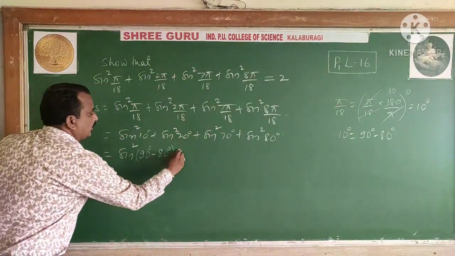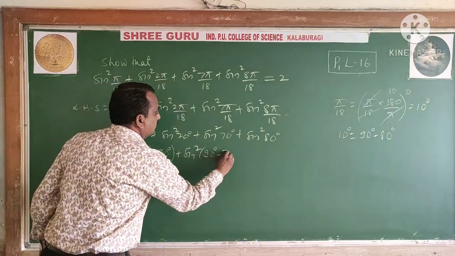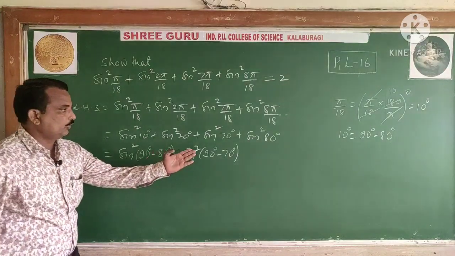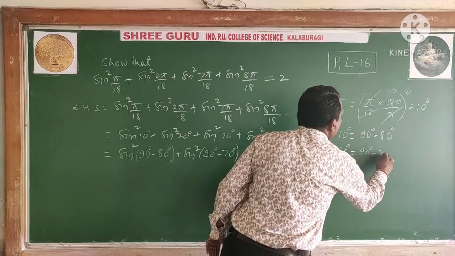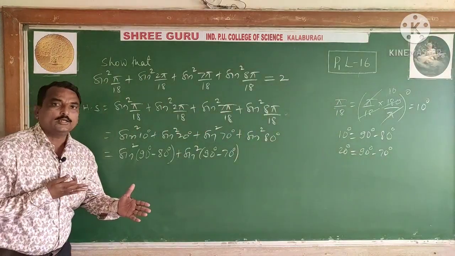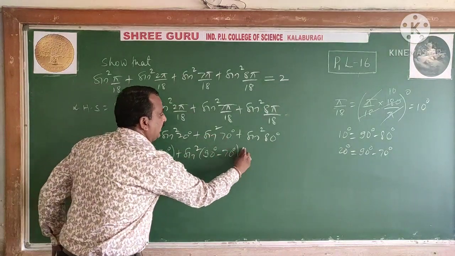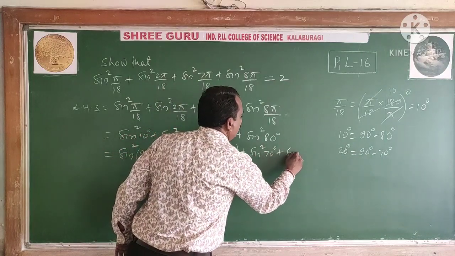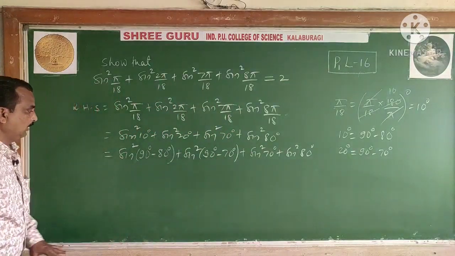Now see, this is 20 degree. Shall I write 20 as 90 minus 70? 20 can be written as 90 minus 70. Is it possible to write it? Converting it using the allied angles, these two terms remain as they are. You will come to know in the next step why I am converting these two terms only and why not these two.